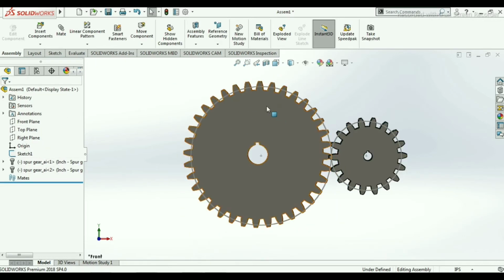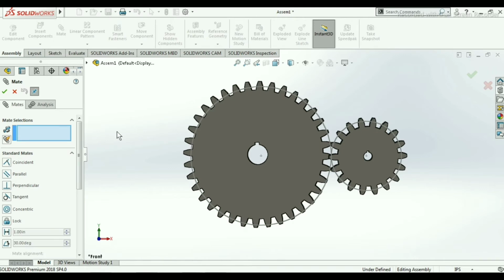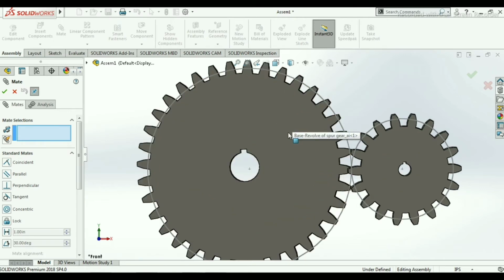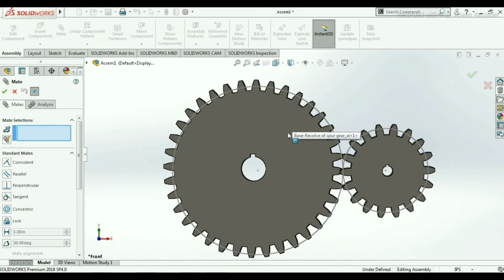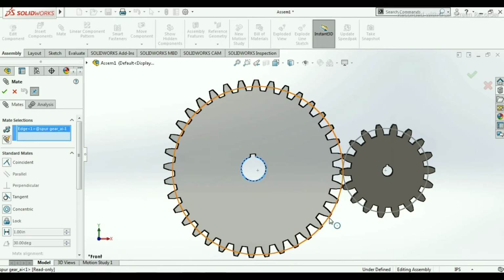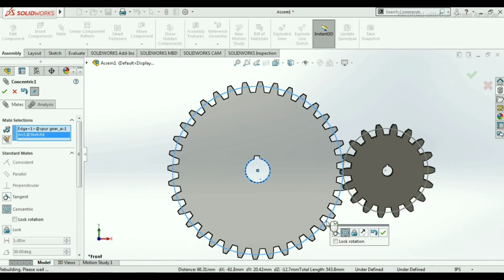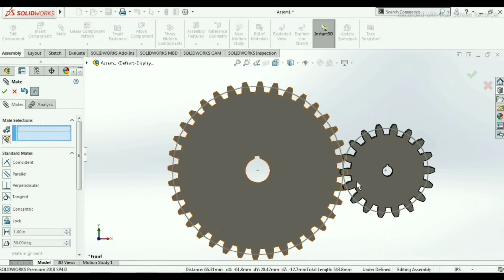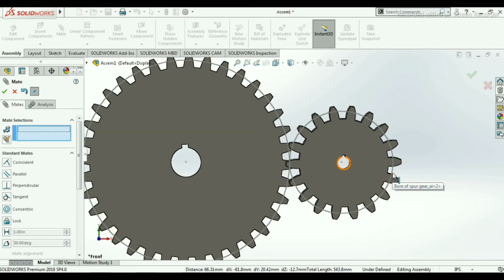Now we will go for mate option. So click on this mate. In this mate selection, first we will select the inner circle and outer circle. It should be concentric, and then click on OK. And same we will go for this.